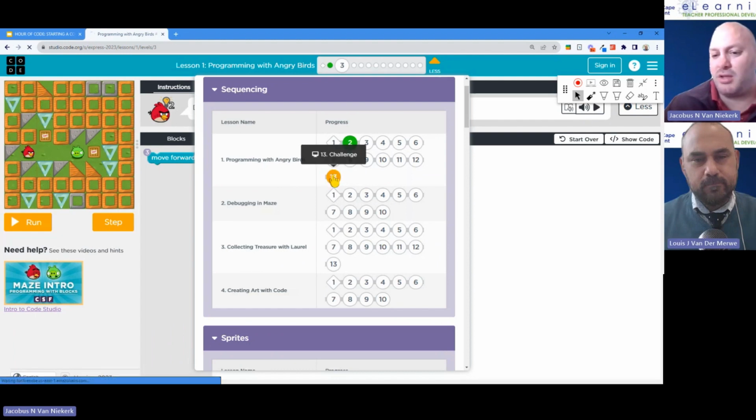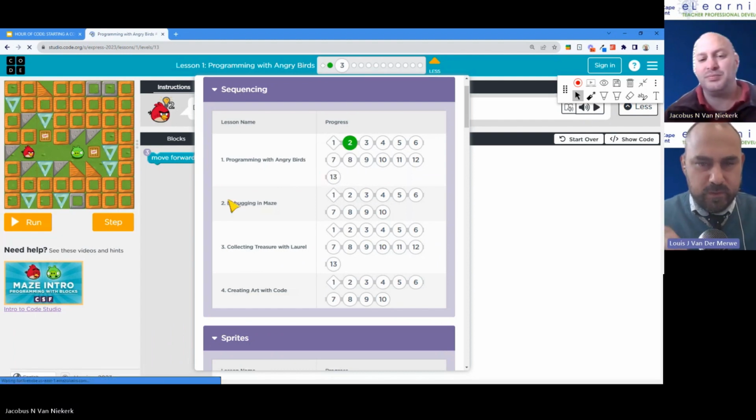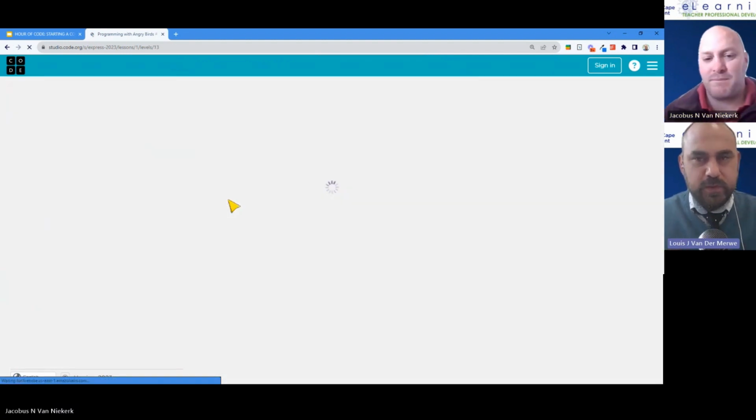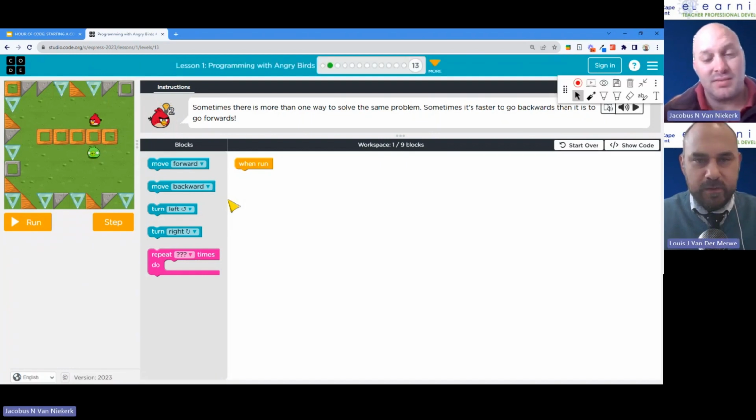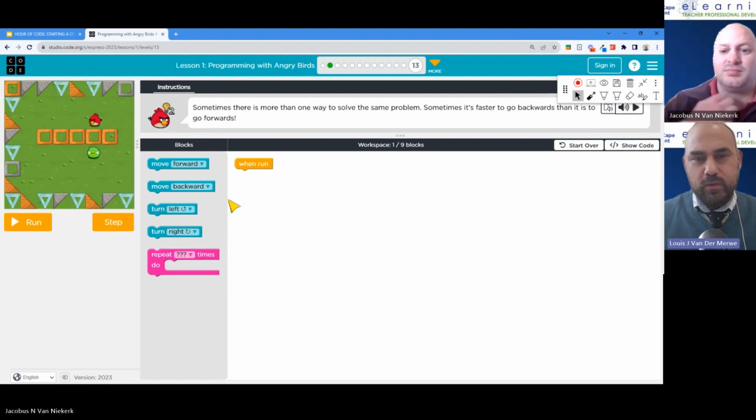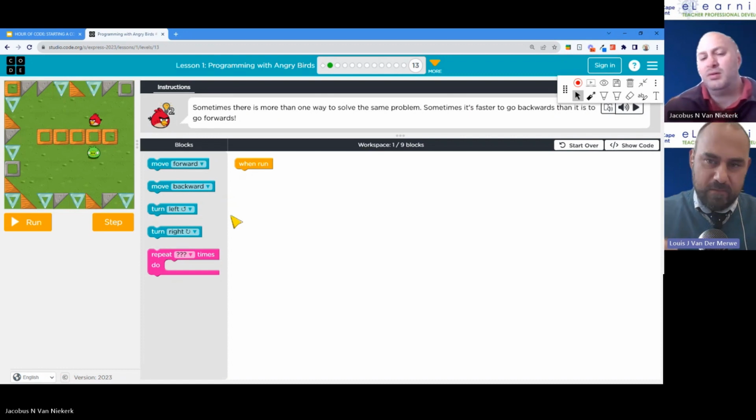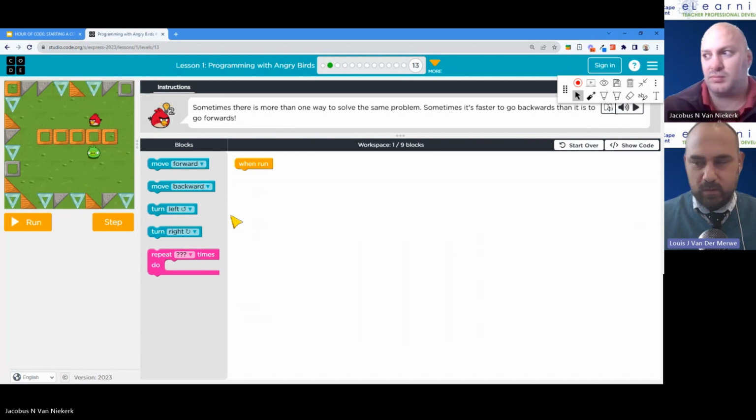You also wanted to point out that once you've completed that level, that little 2 turned green. Yes. It perfectly tracks the progress of your learner. This is what I'm saying, that you don't need to be the coder, he can solve these problems himself. Of course, it helps when you work through it too. But you can just have him sit there and work through these problems, and they will turn green and green and green. Every week after week, you can just continue where you left off. And that's how you track their progress through your coding club.